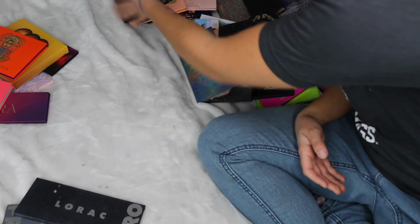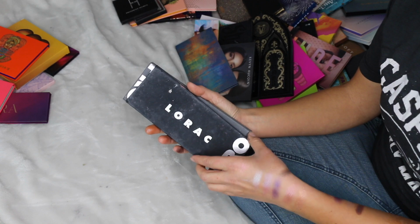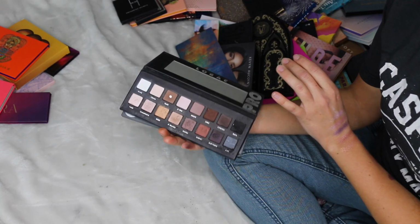I'll put that in the maybe pile for now. These palettes I absolutely love. These are the Lorac 1 and the Lorac Pro 2. As you can see, they...